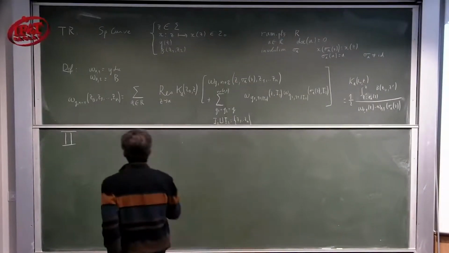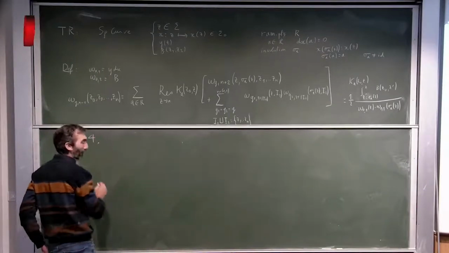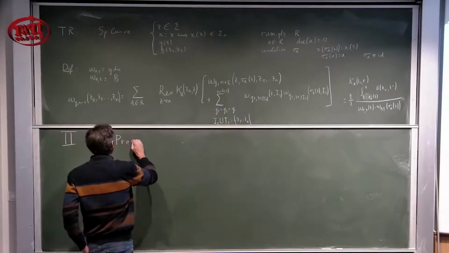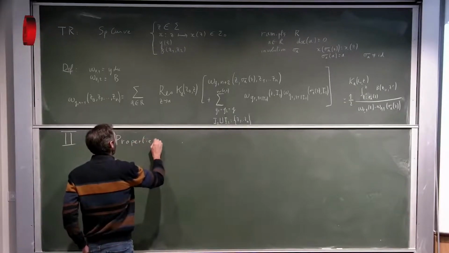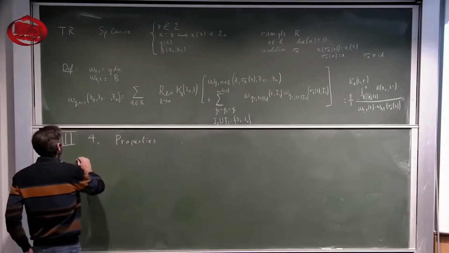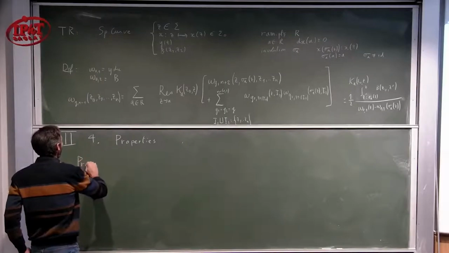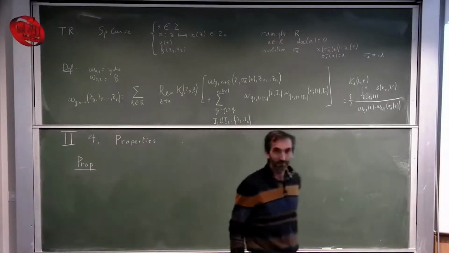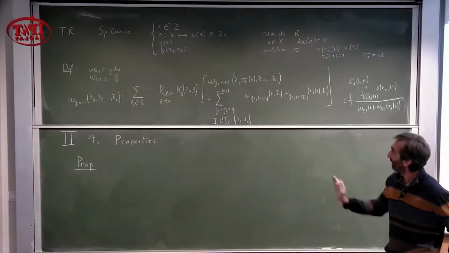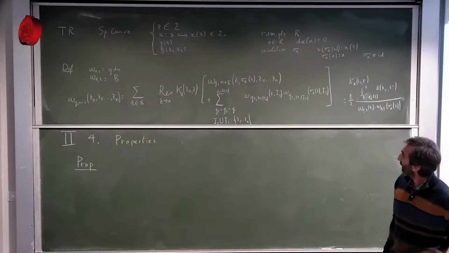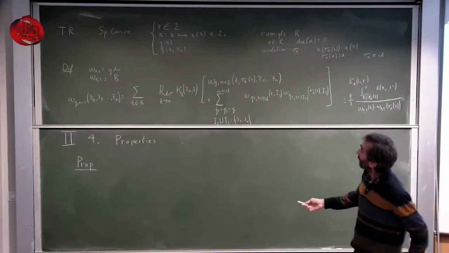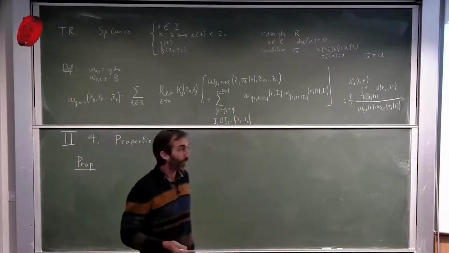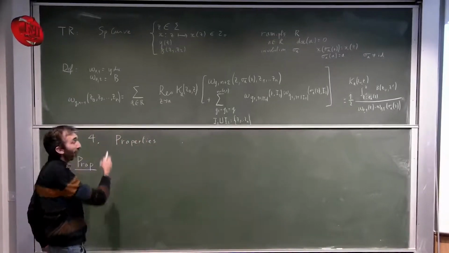section 4. Right. And I will talk about some properties. So, first property. It's a proposition. I will not give the proof now, and I will just take some results. So, the first thing is that, well, when we started with random matrices or with counting triangulations and so on, omega g,